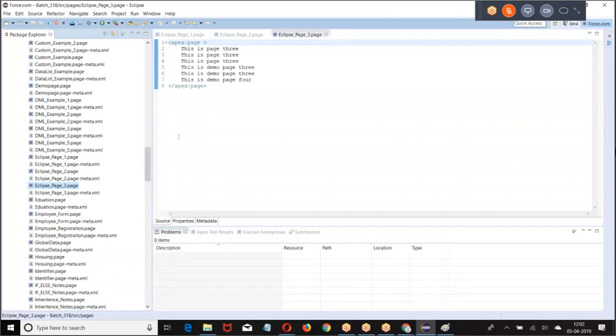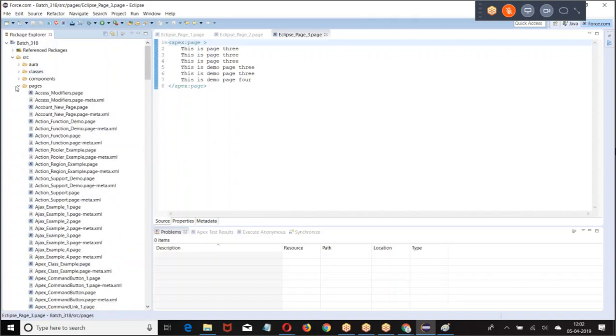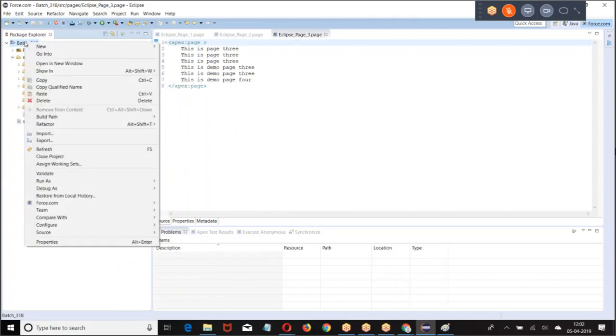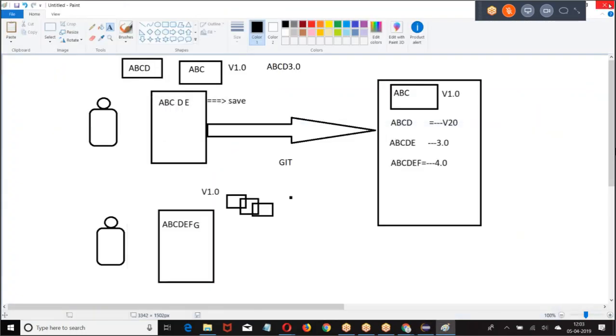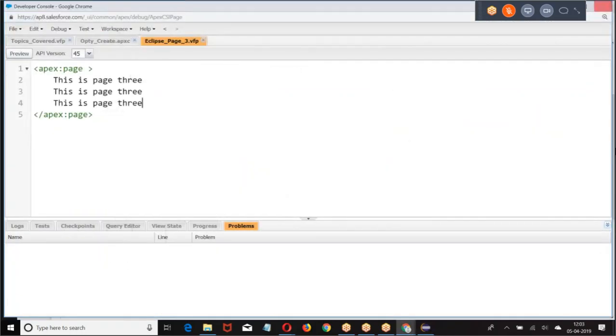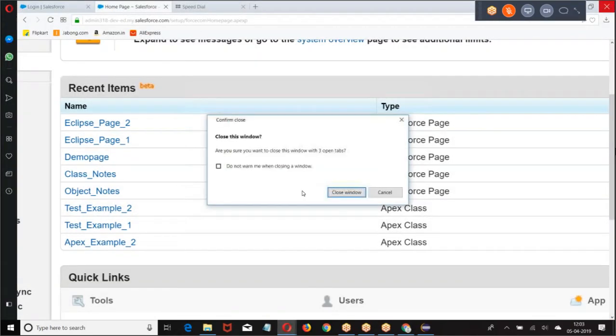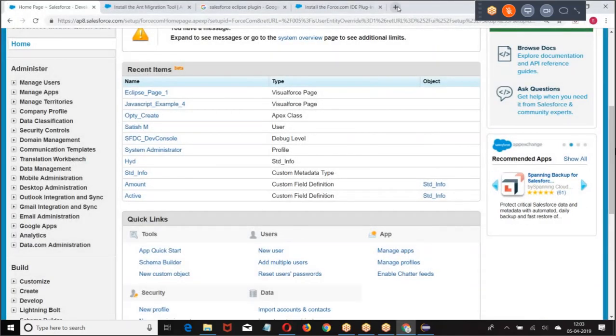So I want to maintain a repository now. If you want to maintain a repository, give a right click. I hope you got the point. Every time you make a change and save, one local copy is saved here. I want to maintain a local repository. I want to maintain a server-side repository. Now, what was that server-side repository? I don't want to maintain the copy only on my system. One copy I want to maintain on my system. One copy I want to maintain on the server.